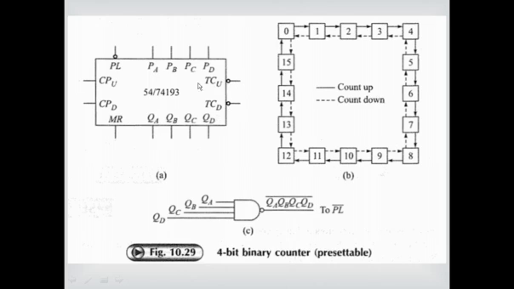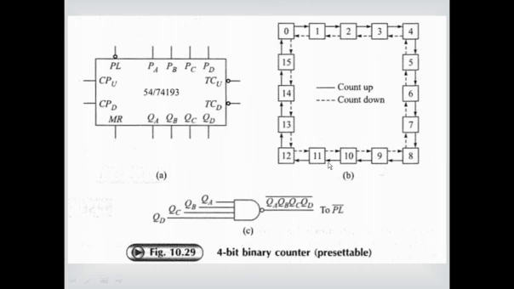TCD. If it is operating in count up mode, the output should be taken here. If it is working in a countdown mode, the output should be taken here, and it is connected to the clock input of the successive counter, CPU or CPD, and that way you can cascade the counter, which can be utilized in a microprocessor etc. You know that there is an address bus which is having a 16-bit counter. There you can utilize this kind of 4 counters which are connected in a cascade mode.